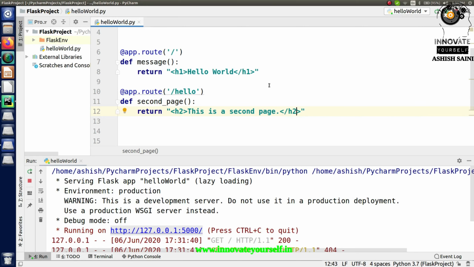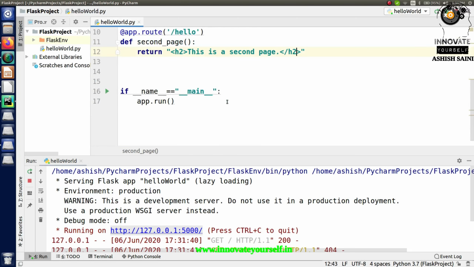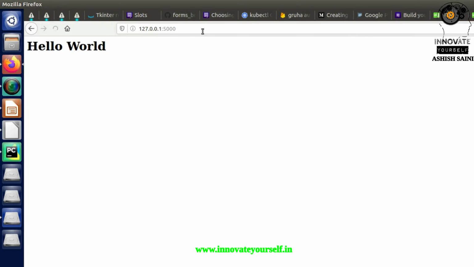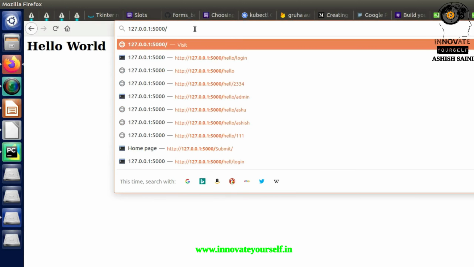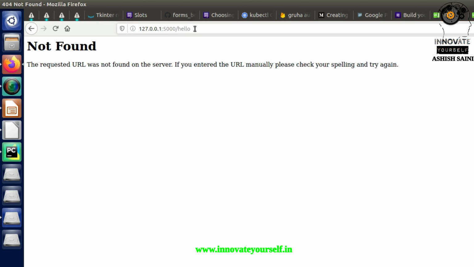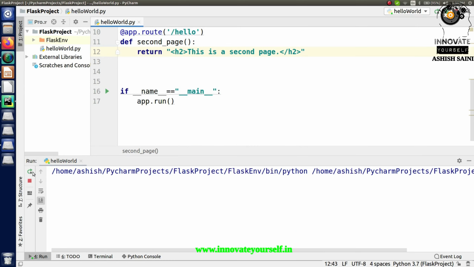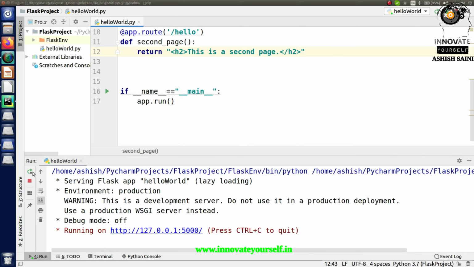So this is how I want to display it, right? You can see when I am done with this part, now I can save it and I can further check for that part. When you run this, you can see it is showing you hello world, and also let's check for hello now. Okay, it's not showing you anything, just because, as I have already mentioned in the last session, if you want to run this, you have to stop this and rerun this part, then only you will be able to see this.